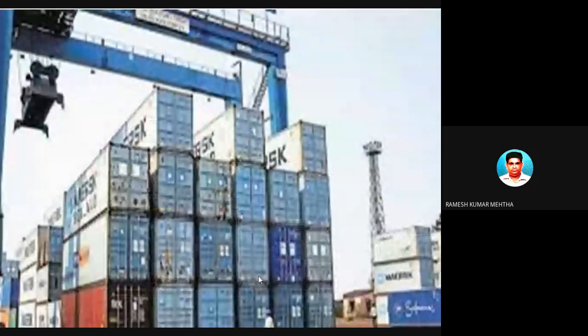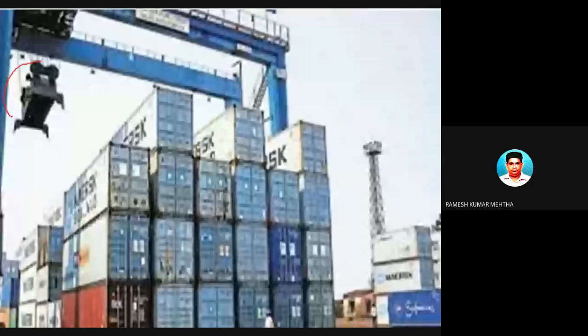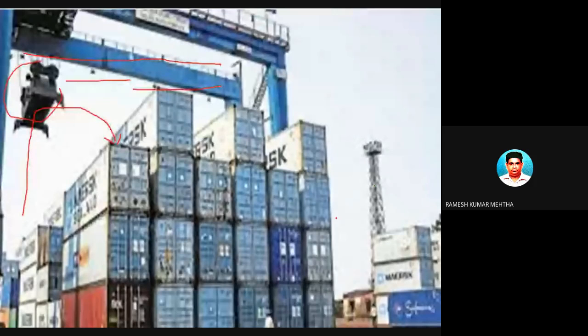So look at the way this material handling equipment is picking up the containers and placing them properly on this. And these are the conveyor belts and all that stuff. Technical words, okay? These are all technical.